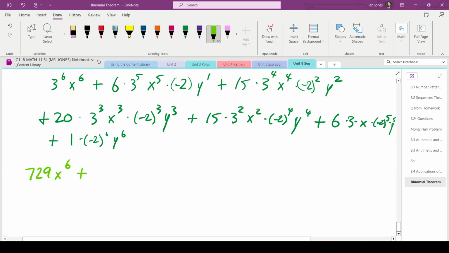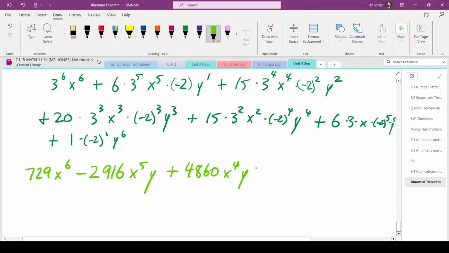So this is actually minus 2,916 x to the 5 y plus, this is 81 times 15 times 4 times positive 4. So that's going to be 4,860